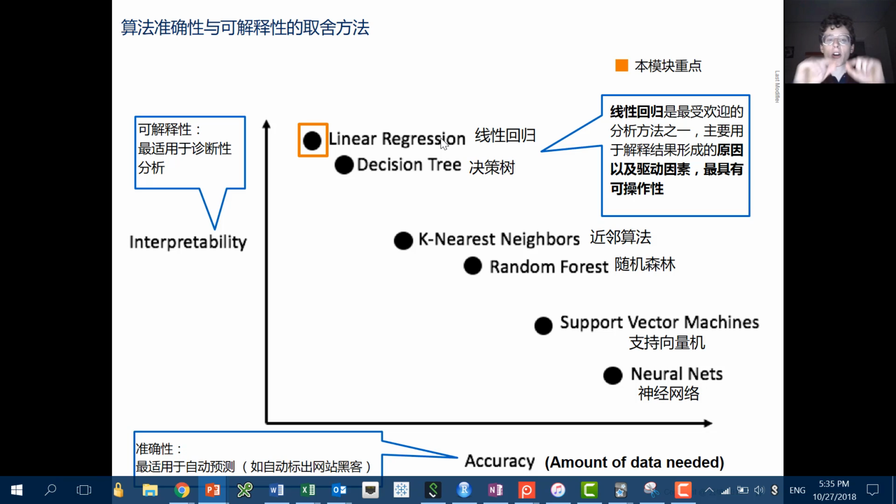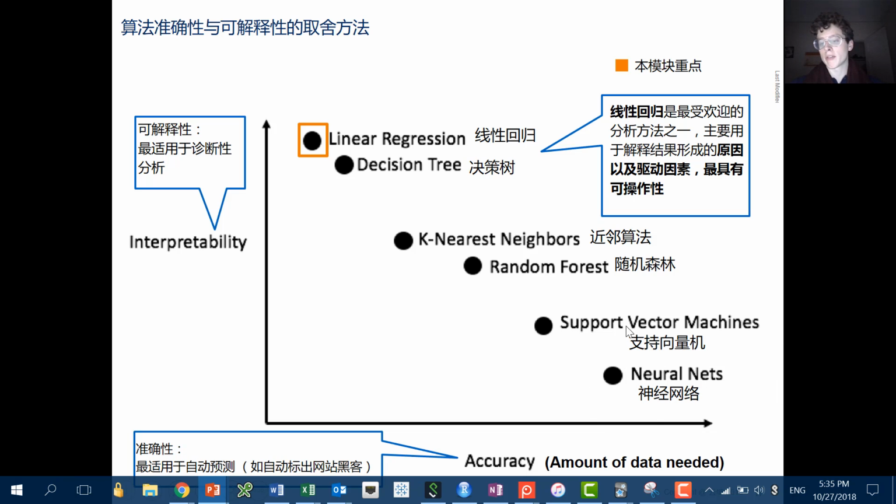Two dimensions I like to think about are interpretability and accuracy. Accuracy is how well you can predict something. This means that it doesn't matter whether you know why it's working, you just know it is working. It's predicting things very, very well. A really common example of this is neural nets.